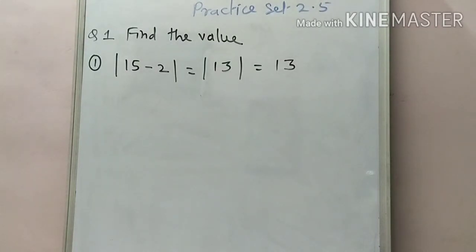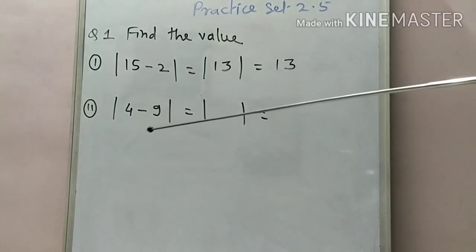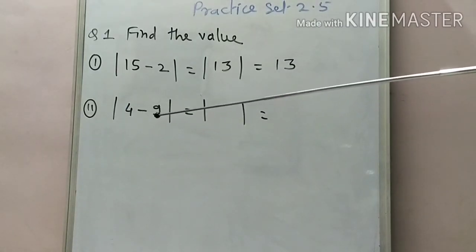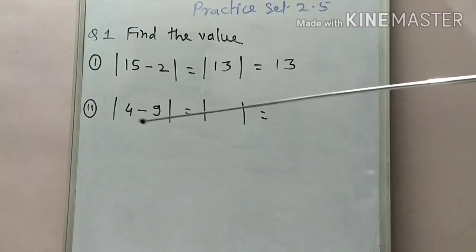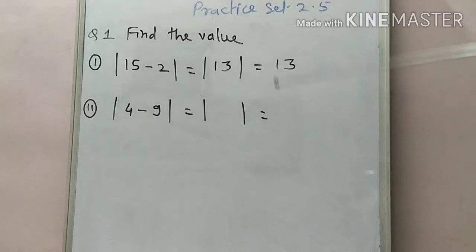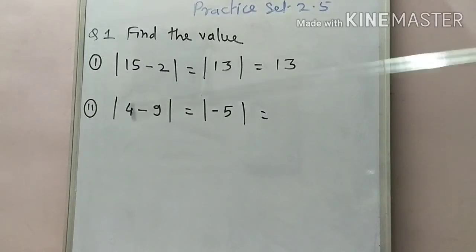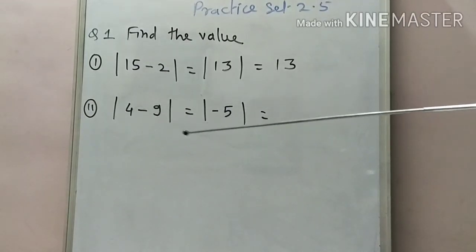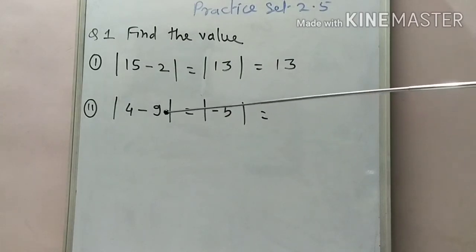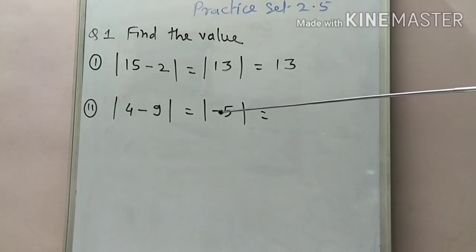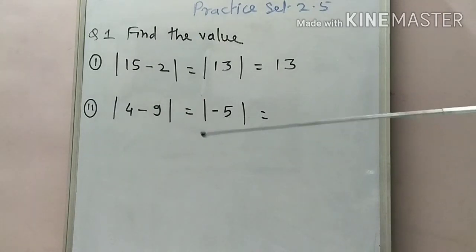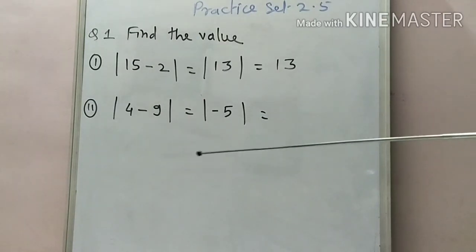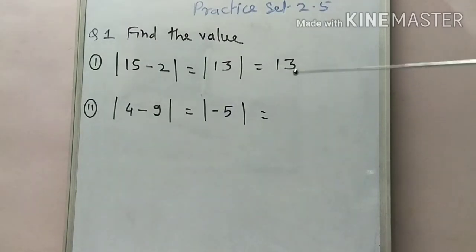So for a 1 mark question, an example like this is asked in the exam. Okay, the same, we have a second example, the absolute value of 4 minus 9. So first do this subtraction and then write down its absolute value. Okay, so according to the rule, that subtraction is what? Minus 5, because we give the sign of the greater value, and as we know the absolute value of any real number is never negative,